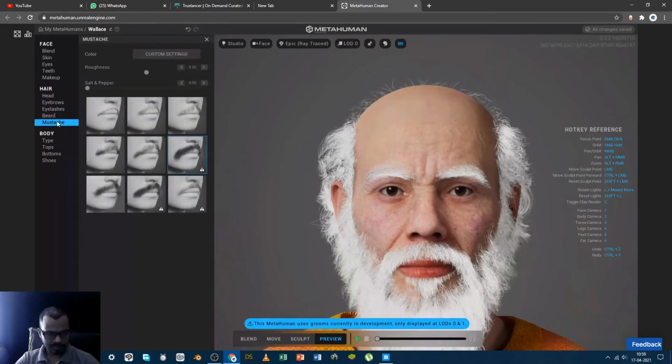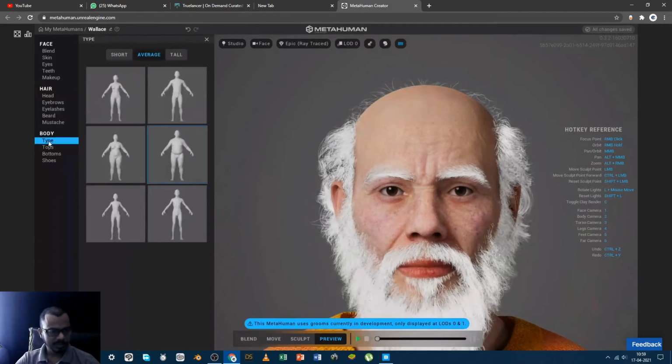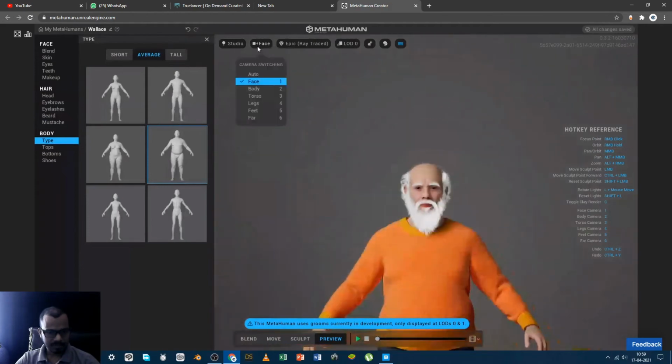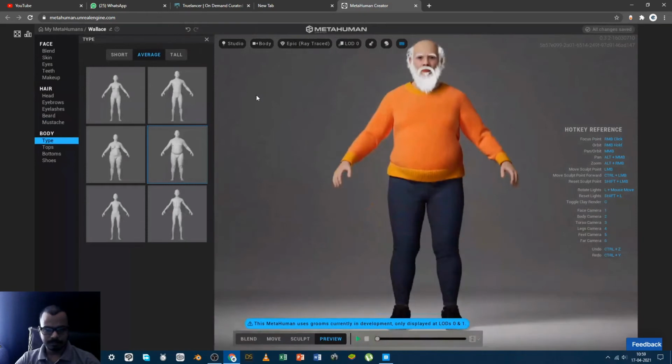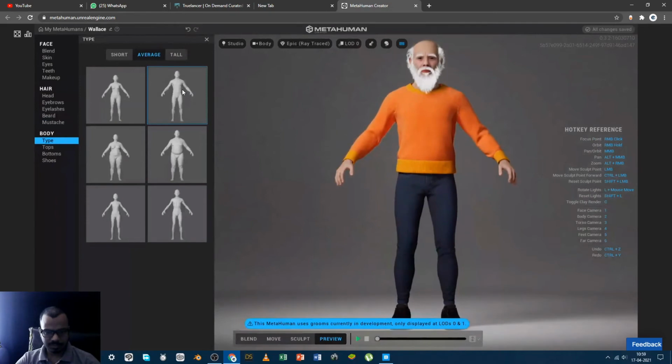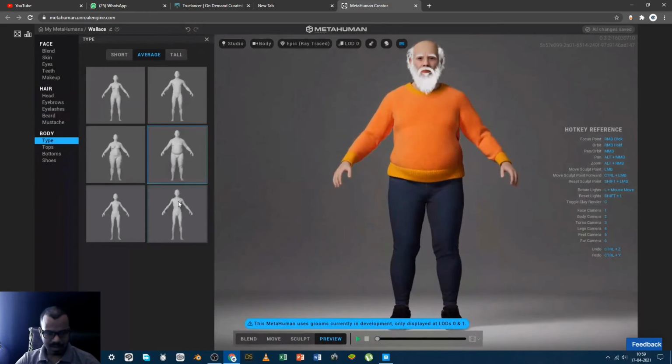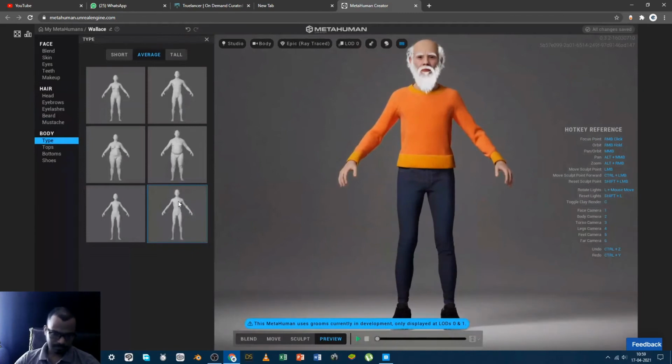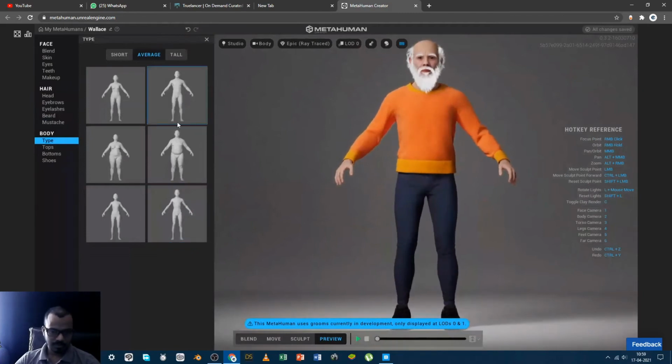Then body type, and let me focus on the body. So if you choose here, then he becomes a sound healthy person, then a fat person, and a thin person.